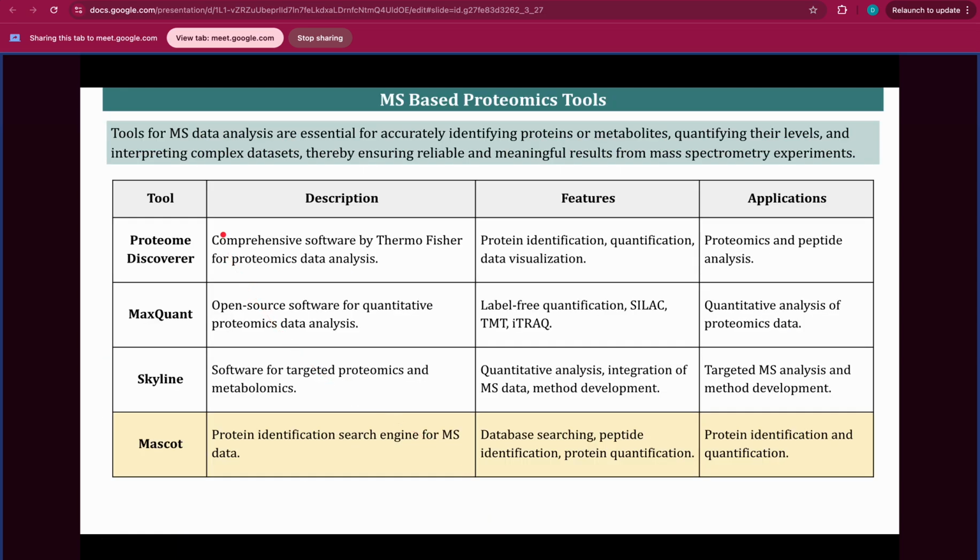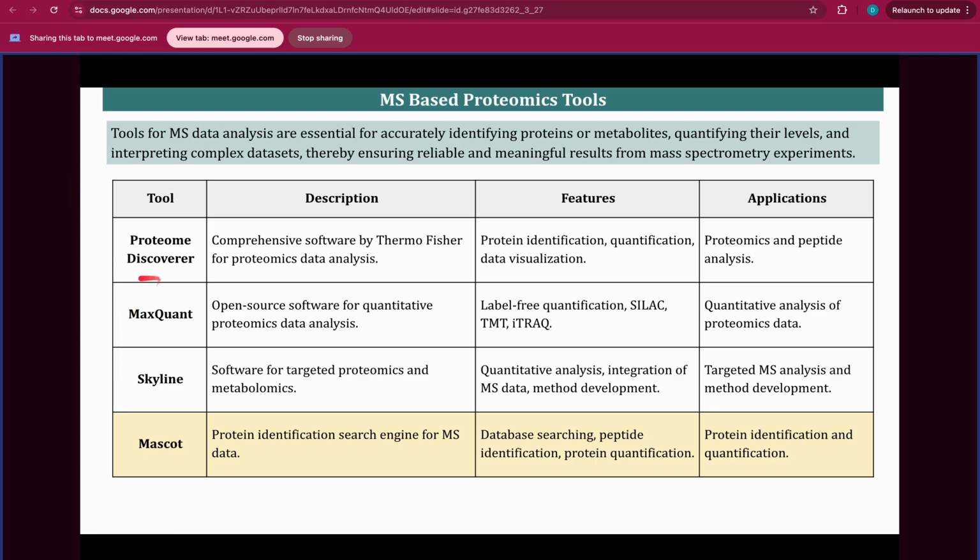Now I have given the tools which are generally used for the MS based analysis, because after you have obtained mass spectra from mass spectrometry, how will you analyze that? What could be the peptide sequence, how will you identify it? For that you have to use certain tools which will give you the comparisons, which will give you the sequence from the spectra, because spectra are just the mass to charge ratios. You want to know the sequence of this peptide,